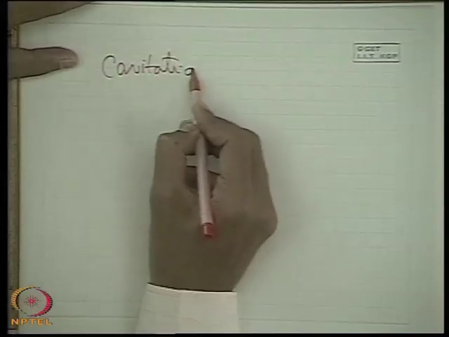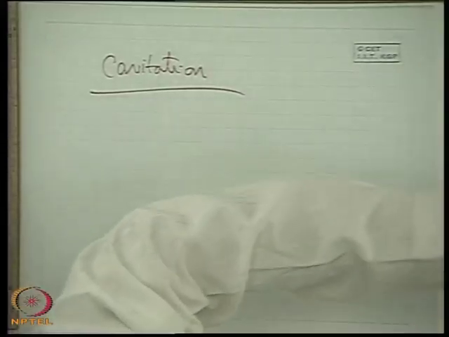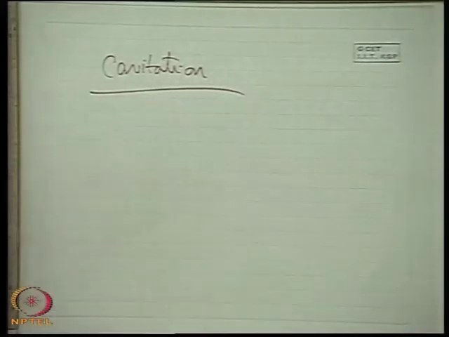Cavitation. Now I define cavitation in general. The liquid will boil up and the hydraulic circuit is detached, so fluid flow is stopped. This phenomenon is known as cavitation. Cavitation is like this: in any hydraulic circuit, the liquid circuit, if at any point the pressure is below the atmospheric pressure, one has to be very careful that this pressure should not go below the vapor pressure of the liquid at the existing temperature, where the liquid will start boiling. The liquid will change its phase and the flow will be stopped.